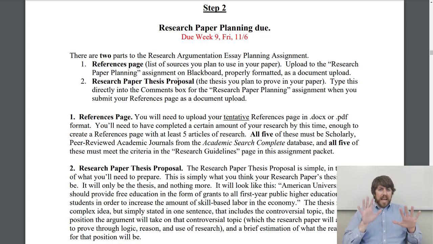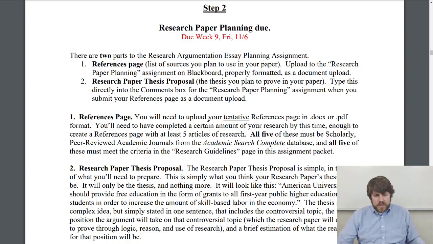And if you get somewhere between an 8 and a 10, I think you're close enough where you can move on. So if you get an 8 or higher, it'll let you move on to the peer review assignment or the annotated bibliography assignment. If not, it won't let you. So I'm just checking to make sure that your ideas are ready for a research environment. And if you've got the references page in the form that I showed you, and you've got the thesis proposed to me as well,